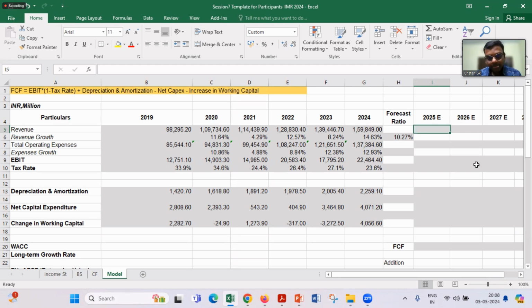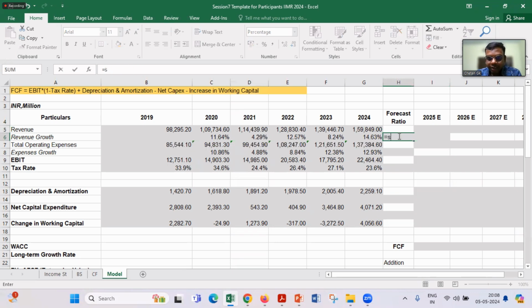Is it fine? Since I got the average of this number, sometimes I can choose to do it this way as well. Since 4.29 is going to be very low because it's a COVID year, it's an outlier, I don't want to consider 4.29.